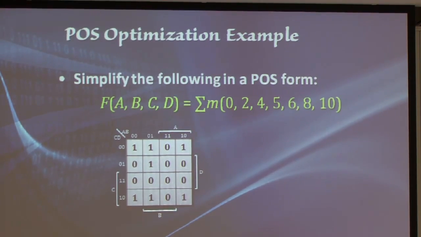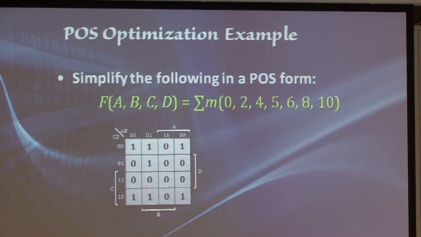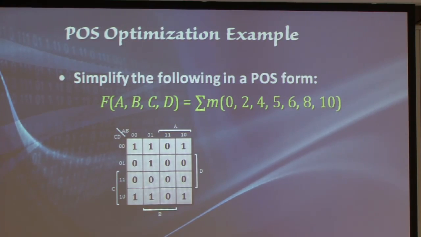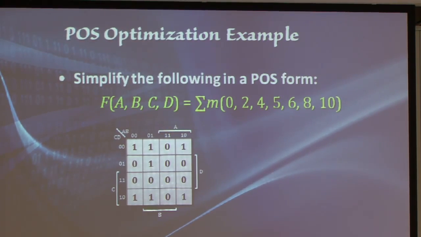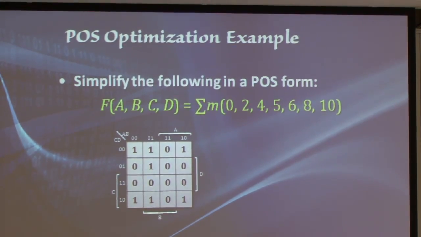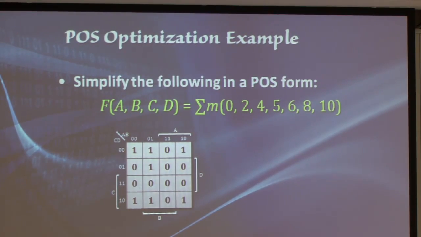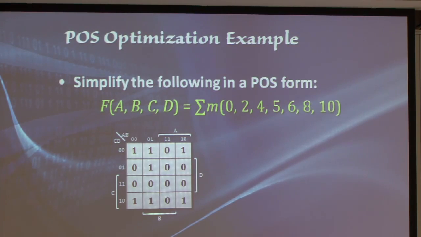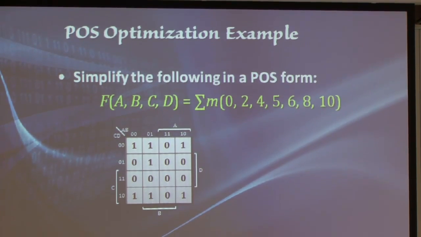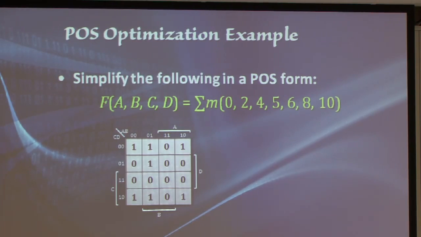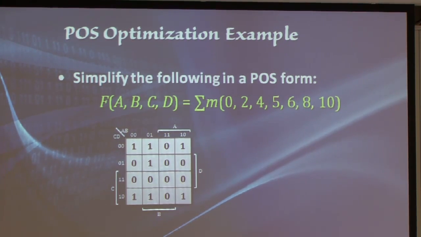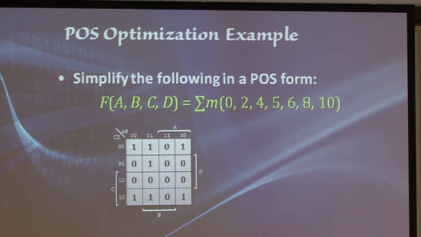So we have some function that's specified as a sum of minterms to begin with. And this is its corresponding Karnaugh map. Now we know how, if we were asked to come up with a regular sum of products for the function, that's what we've done in the last hour. We know how to do this, and that's easy. Now in order to get the product of sums, we'll find the sum of products of the